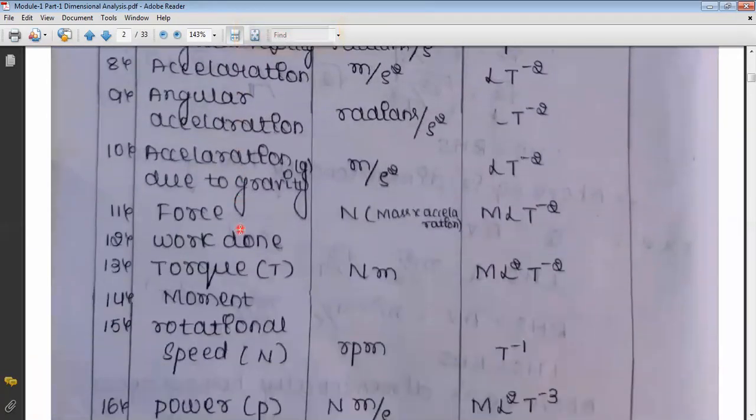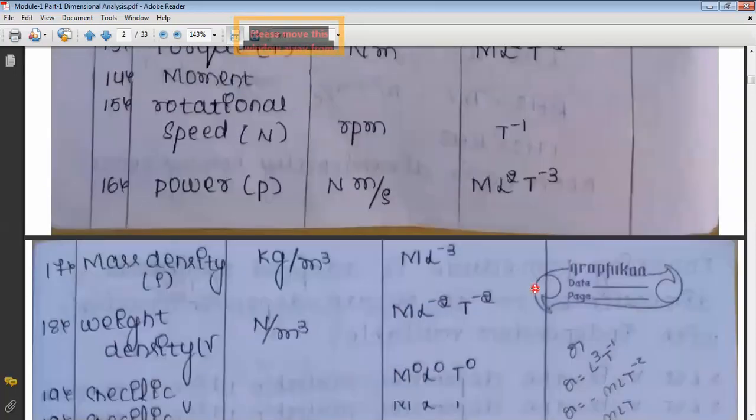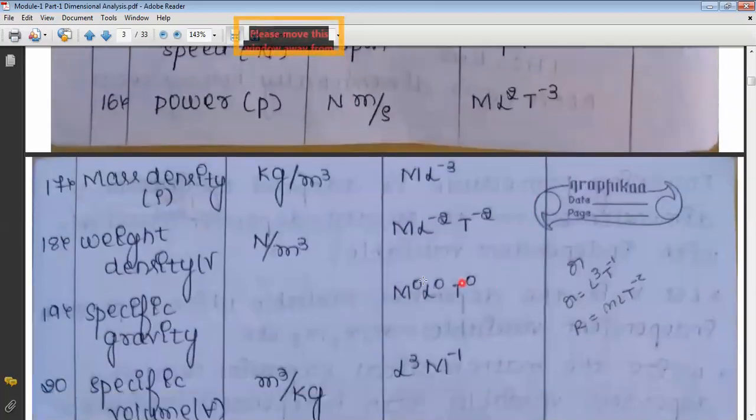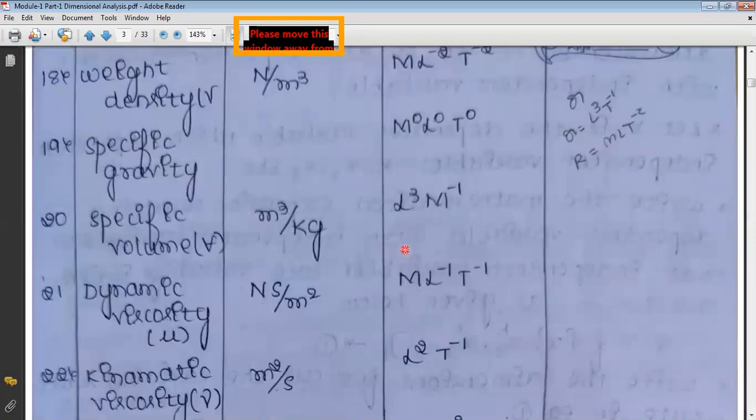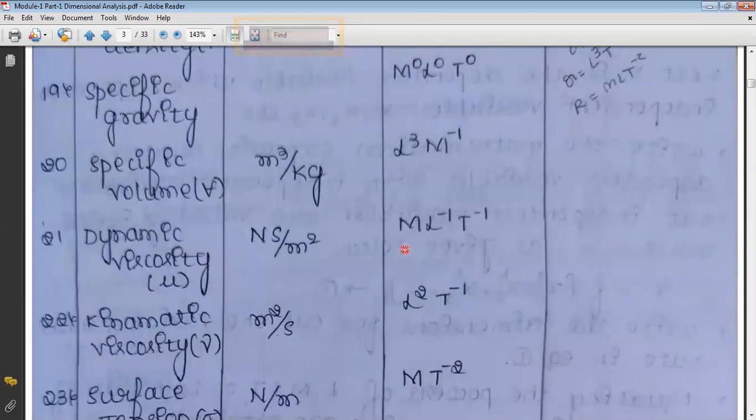There are different quantities and their units, their dimensions. Just practice this. Don't memorize any of the dimensions directly. Just remember the three fundamental quantities: length, mass, as well as time. If you know all these three, it is more than sufficient. Wherever you come across meter, just put L. Wherever you come across kg, just put M. Wherever you come across seconds, you just put T. That is very simple, I guess.